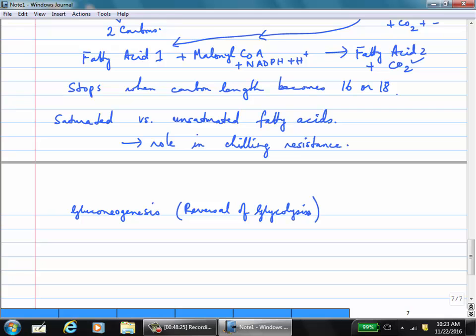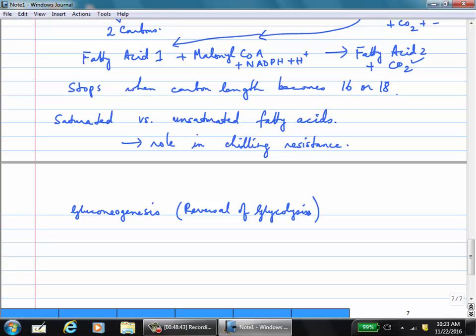So the amino group will get removed, and then this is going to produce glucose that can then be used by the red blood cells and so on. Okay. So let's talk about gluconeogenesis. All right. So the starting point, one way to bypass that pyruvate kinase reaction is to find a mechanism that can produce